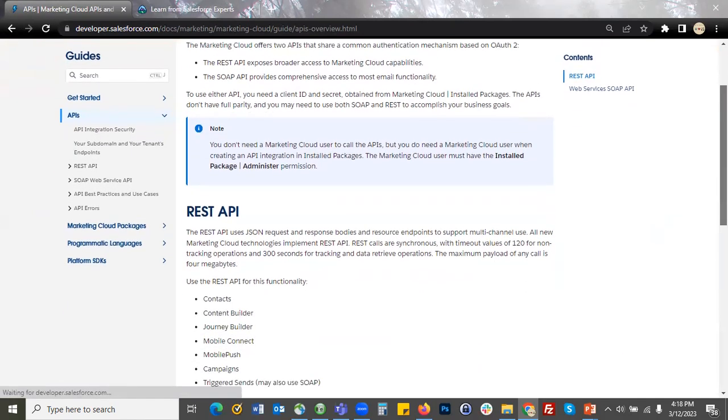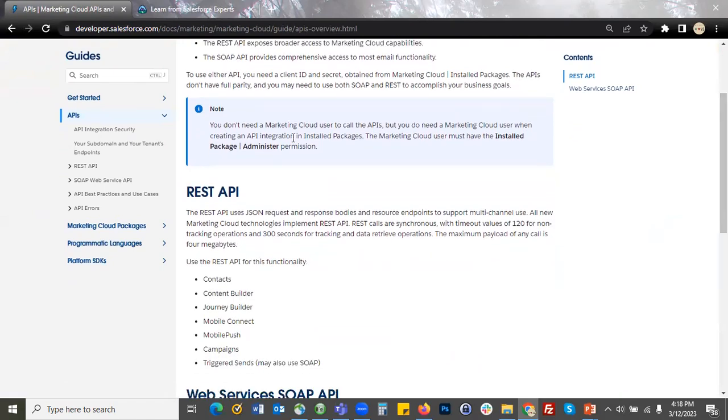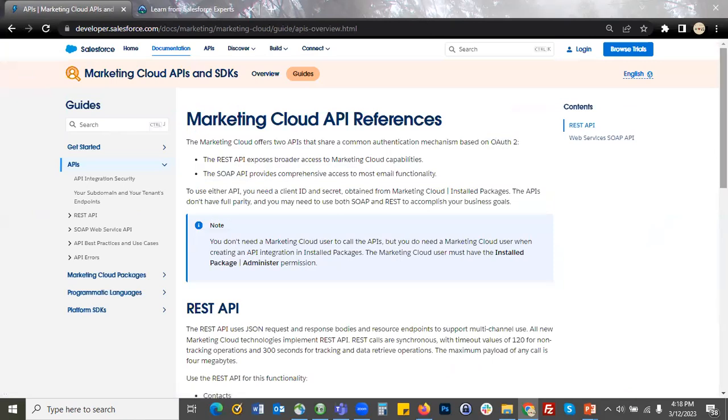So if you want to make use of this, first you need to understand the basics, because if you are very new to API or very new to development, then as soon as you see this website, it would be a bit scary, because everything will be in high-end language. So you need to understand the basics of API, how it works, and the basics of SDK, what is SDK. Then when you come to this website, you will understand, oh okay, this is how it works, this is the definition of it, and this is the use of it. Like that, you can understand each and everything.